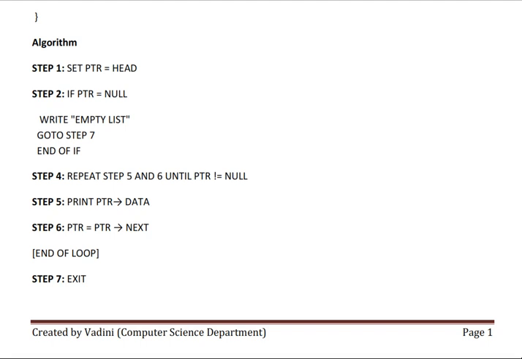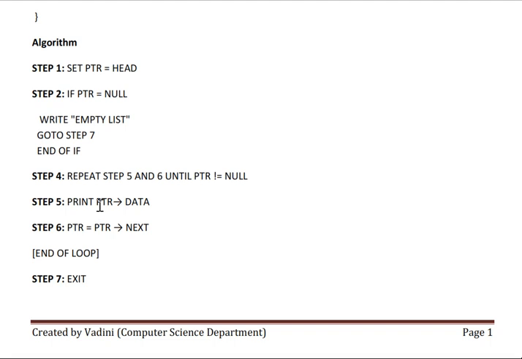We will initialize a temporary pointer to the head of the singly linked list. After that, we will check if that pointer is null or not. If it is null, then return back, meaning you can write that the list is empty. Otherwise, you can go ahead. Then, while the pointer is not null, we will access and print the data of the current node. Here you repeat these steps until the pointer is null. If it is not null, we will access and print the data of the current node, then move to the next